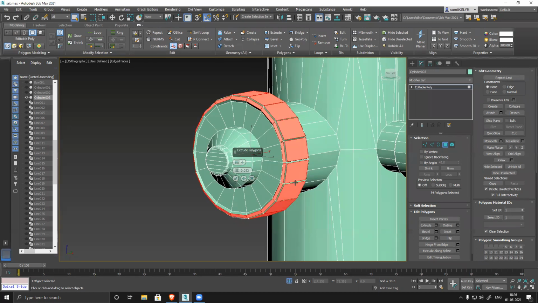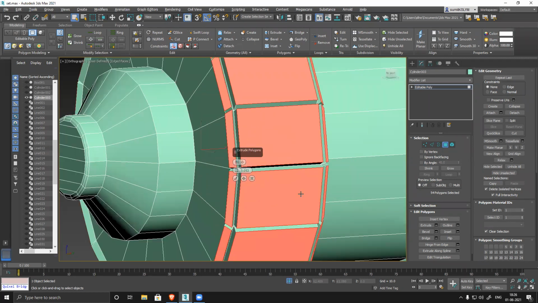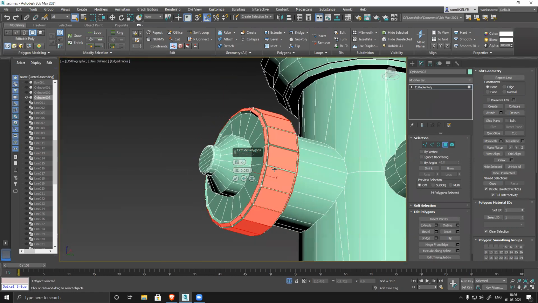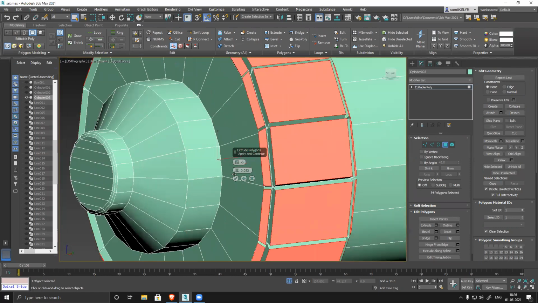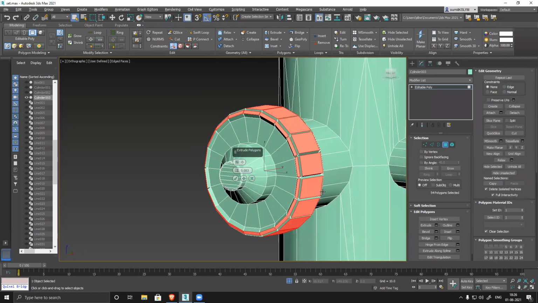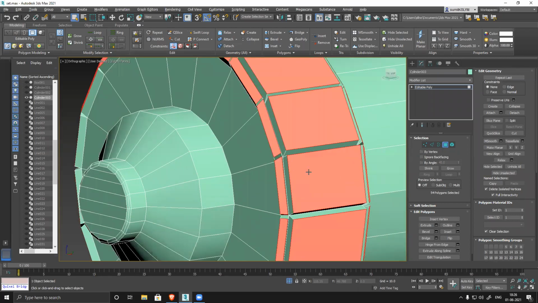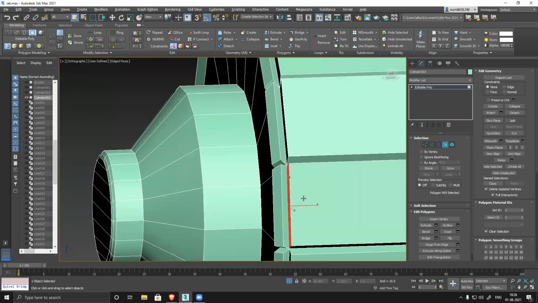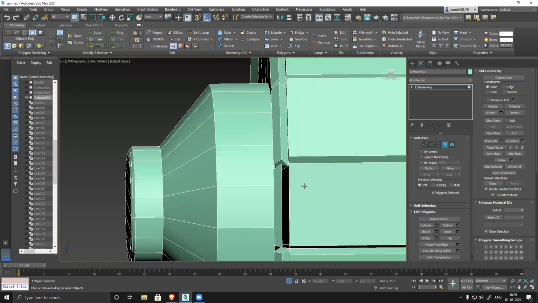This time I'll do by polygon, so each and every face will be separate. Separated. If I want, I can add more volume, reduce volume, and apply it. But still, this is not 100% correct, because this surface and this surface should connect.